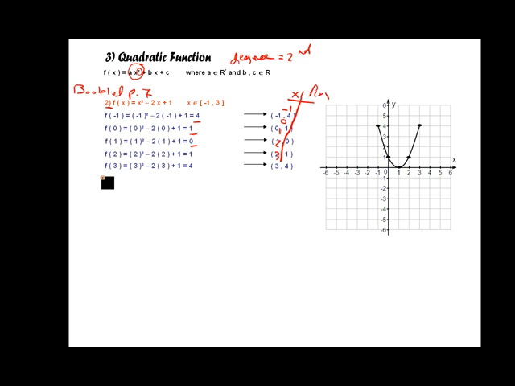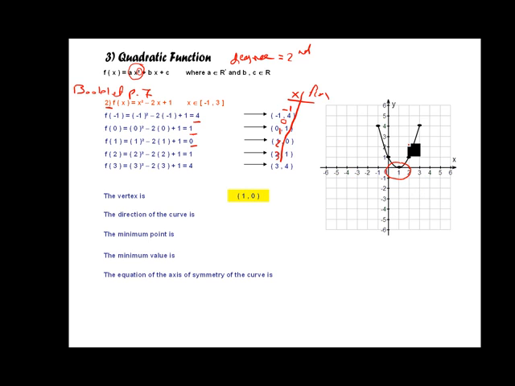Some questions ask about something about this graph. The first thing the question asks about is the vertex of this graph. The vertex means the head of this graph. This is the vertex of the graph, and we write it as an ordered pair, which is (1,